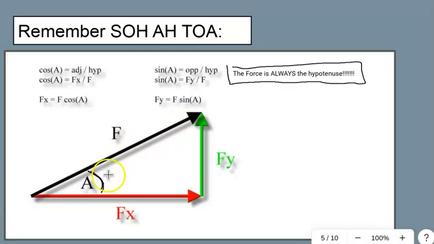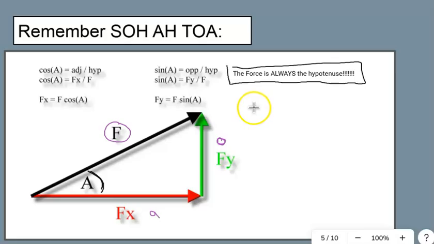So if we say that the rope is 15 newtons, that is the actual force. And then you'll know the angle. Okay, and then this Fx in this case, because this angle is your adjacent, this is your opposite. So you can see that I'm just going to walk you through this once, and then we're going to learn